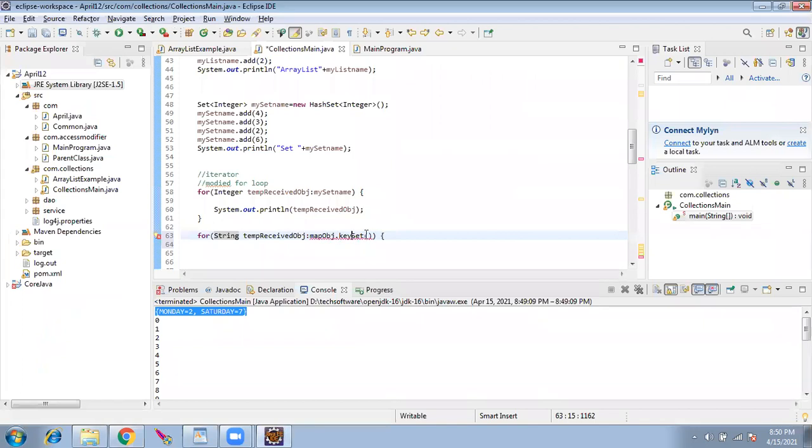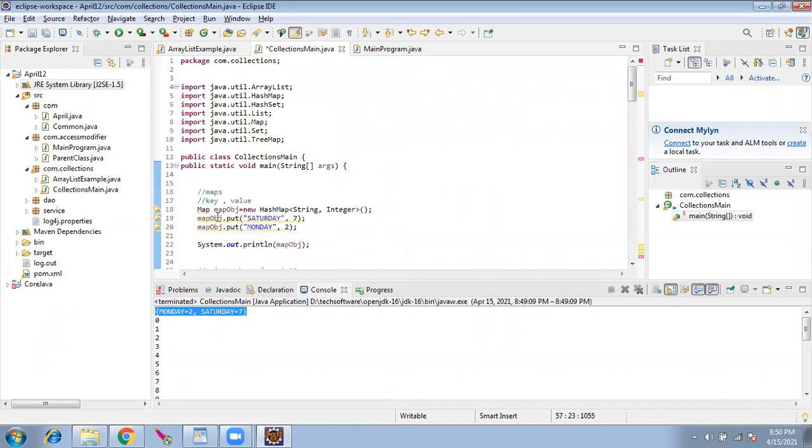So I'll give keys, and what are the keys? Cannot convert from type object to string. The reason is that I didn't give the type in the map here. Here also I have to say that the key will be string and the value will be an integer.